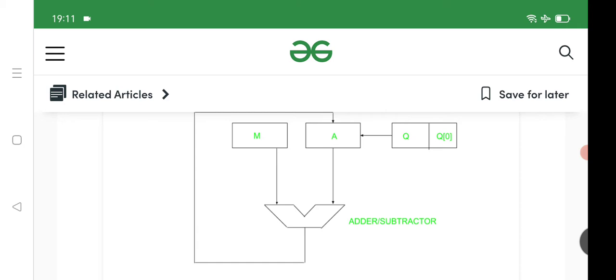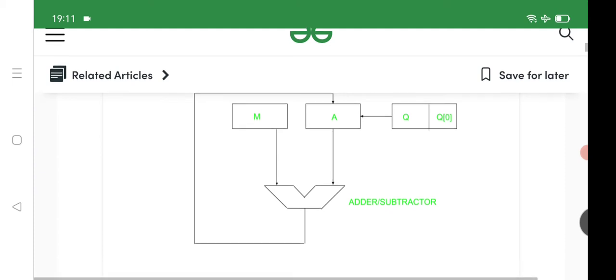These two are given to an adder and subtractor, which will perform the operation, whether addition or subtraction. Later the result will be in the quotient Q and Q0, and we restore the A value to its previous value. How this is done, we will see.